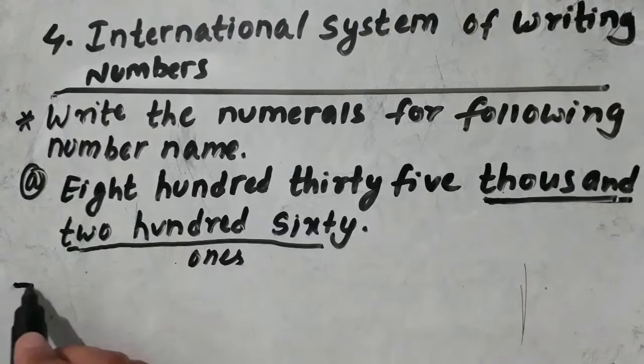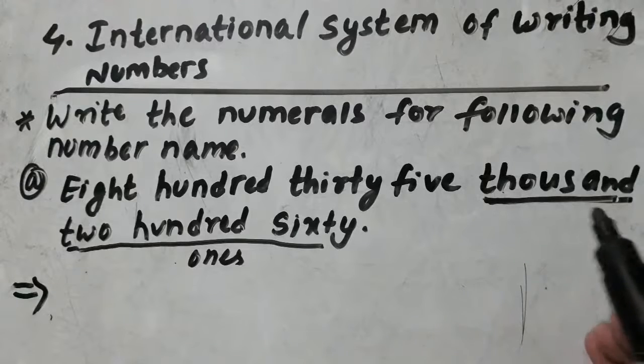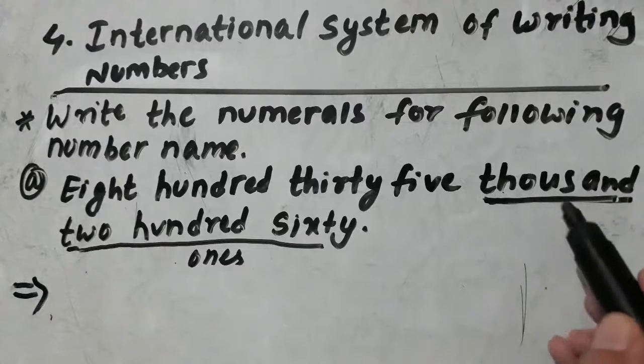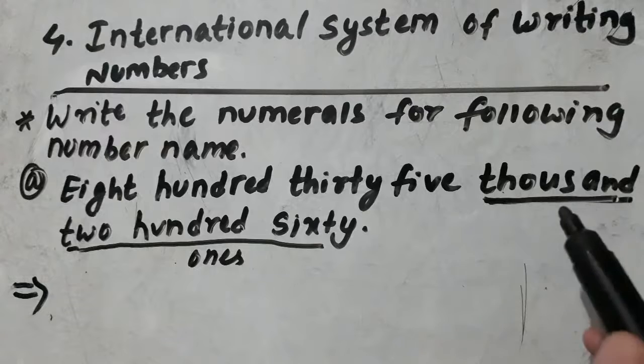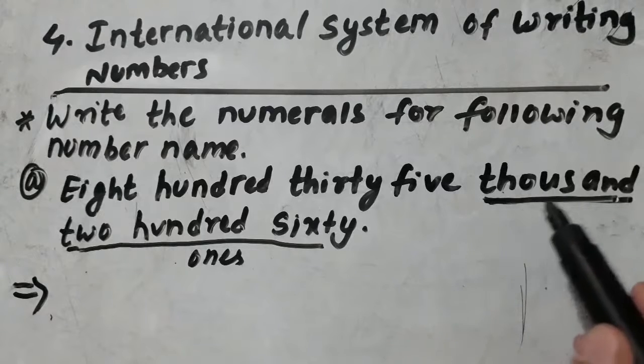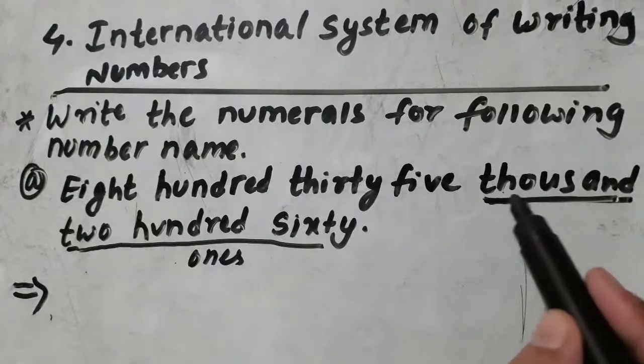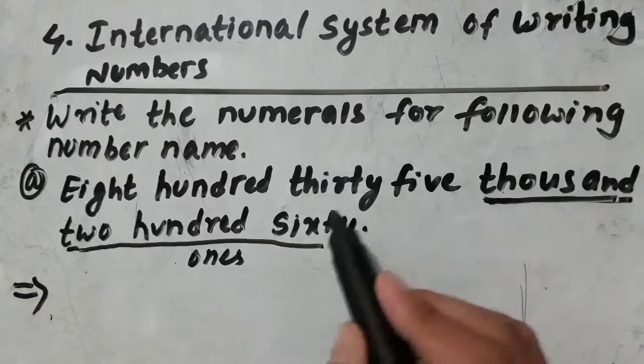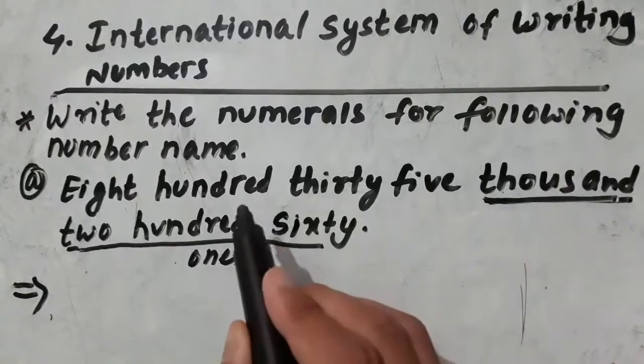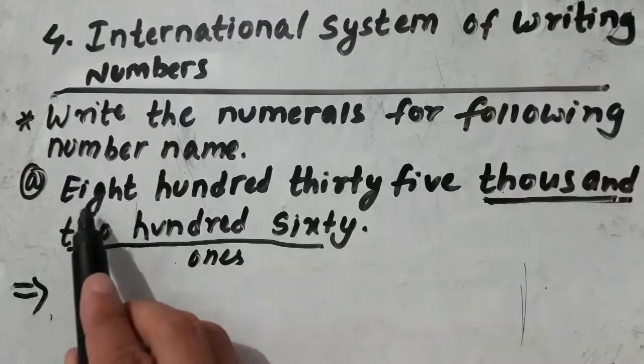Now students, while writing the number, let's see what is there in the period of thousand. To know what is there in the period of thousand, we just observe the sentence before thousand. Thousand भन्दा अगाडि के छ त हामीले त्यो हेर्छौं. So there is